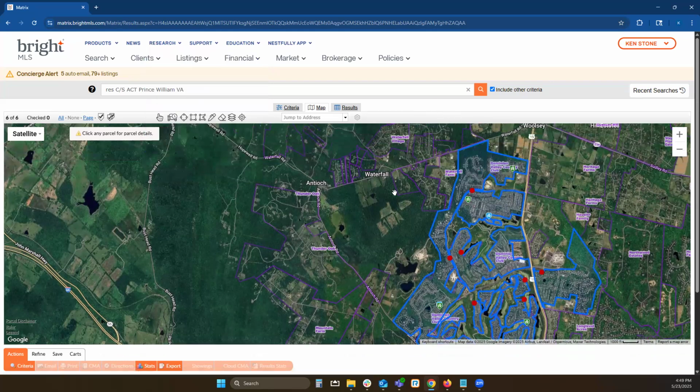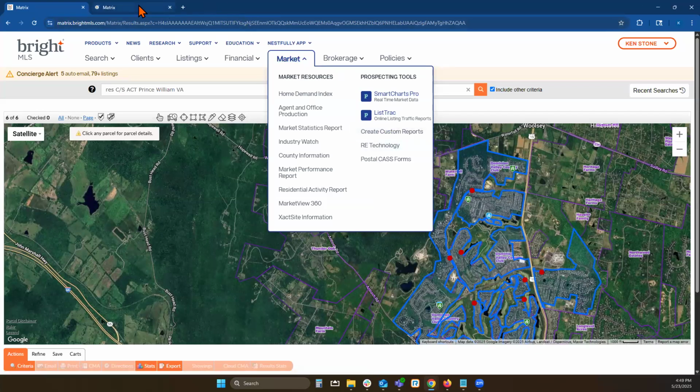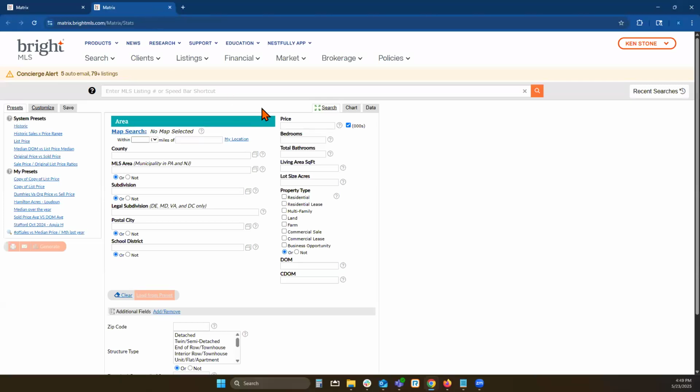I'm going to leave this open on a separate tab. I'm going to come up to my market drop-down menu and come over to create custom reports. This is one way I have found to find specific information. Here we're presented with a screen depicting the information I'm going to need to enter in order to